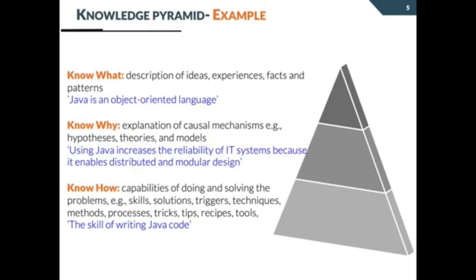At this level, if you bring an expert of Java programming, that person actually offers the know-how of Java programming. I think this distinction is important for knowledge creation, because depending on the type of knowledge that organizations want to create, they may use different strategies, or different methods or techniques can be effective for one type, but not effective for the other types. So that was the introduction of the different types of knowledge that organizations create.